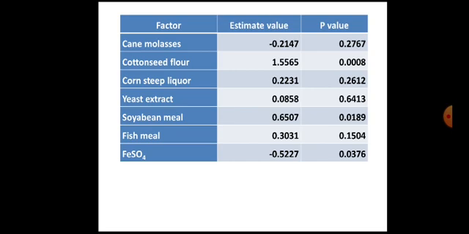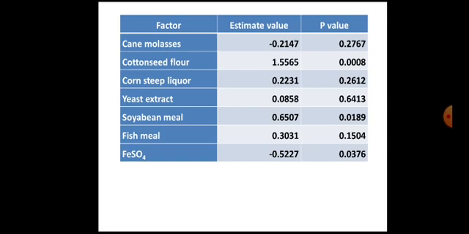That means there is a significant effect on antibiotic production. If the value is negative, it also indicates that the factor level settings are changed from high to low, that means in the reverse direction. So decreasing the concentration is responsible for increasing the antibiotic production. So irrespective of whether the values are positive or negative, they indicate a significant effect on the response.